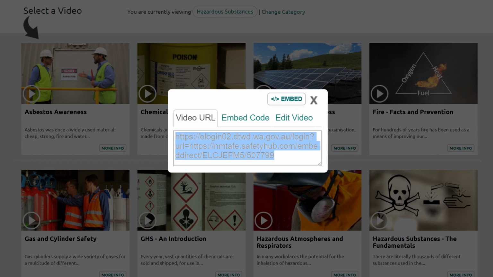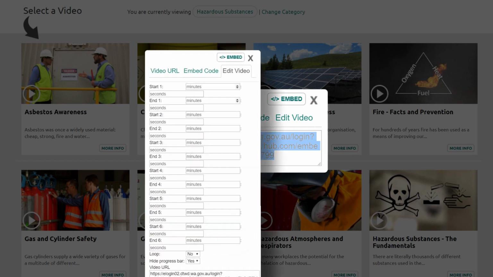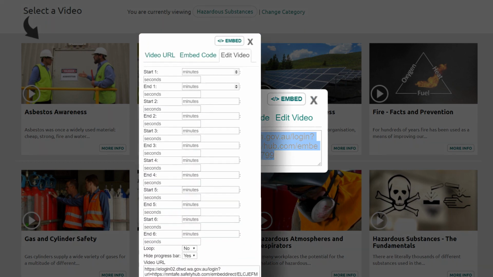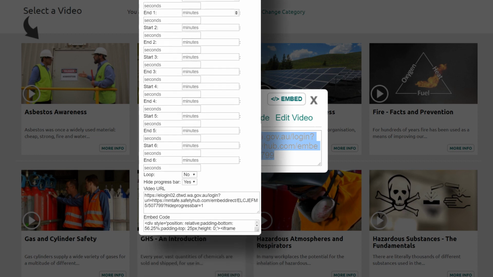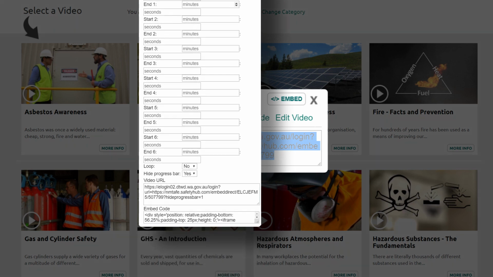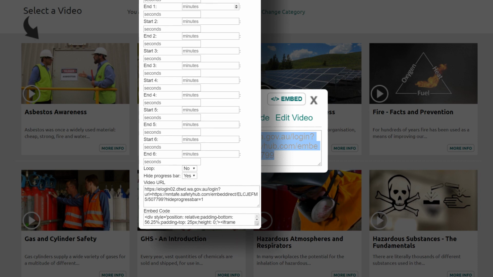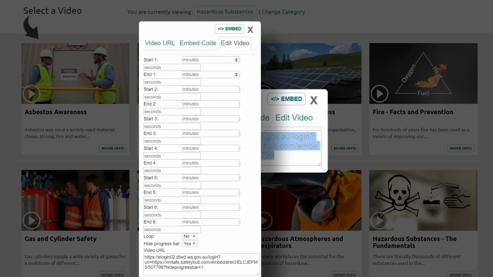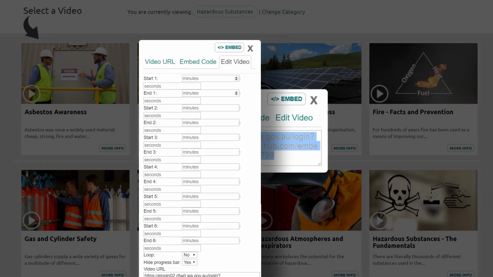If you're interested in using the editing tool to customize what part or parts of the video your students watch, follow these next steps. The third tab is titled Edit Video. Clicking this tab will display a bunch of start and end fields, and then finally the link you will use. This tool is used to set start and end points within the video so your students don't have to sit through the entire video. This is useful if you only want your students to view a certain clip or part